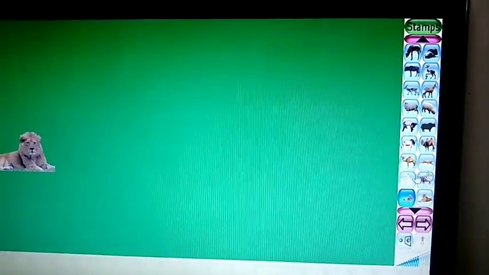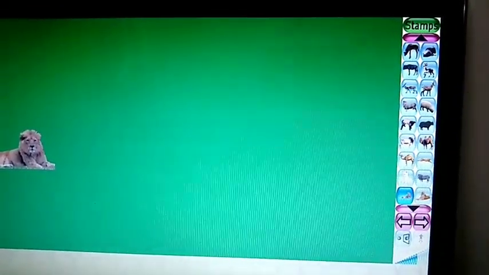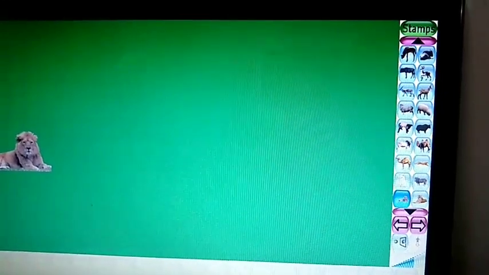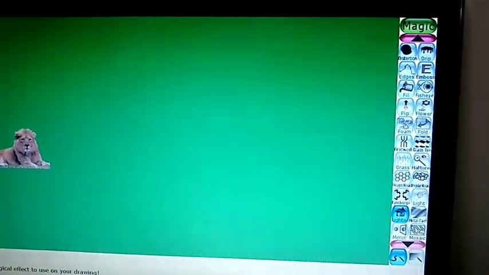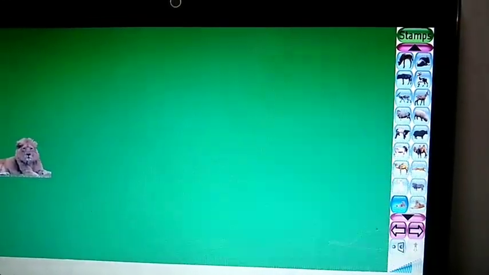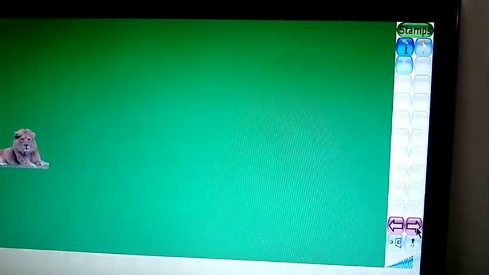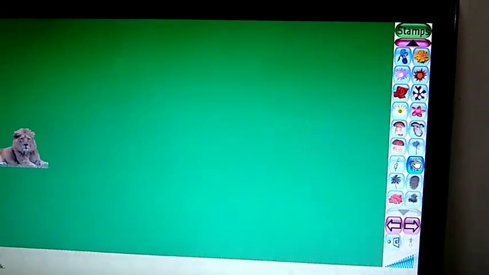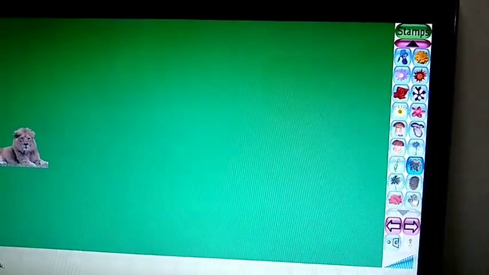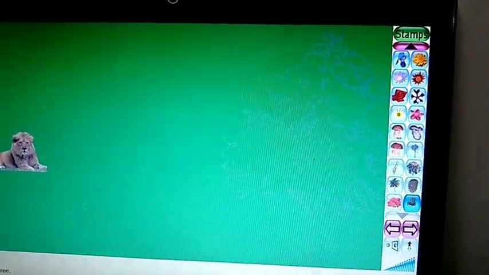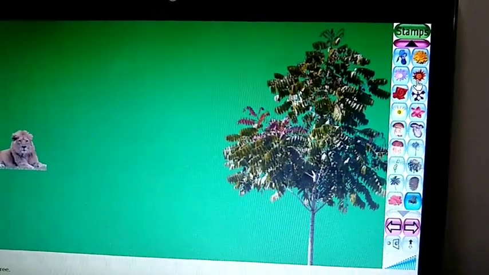Option, choose any background. Like this lion I have chosen. You can choose any tree from here for creating the third scene. Like this. Now this time I can choose this tree. This tree I am choosing.